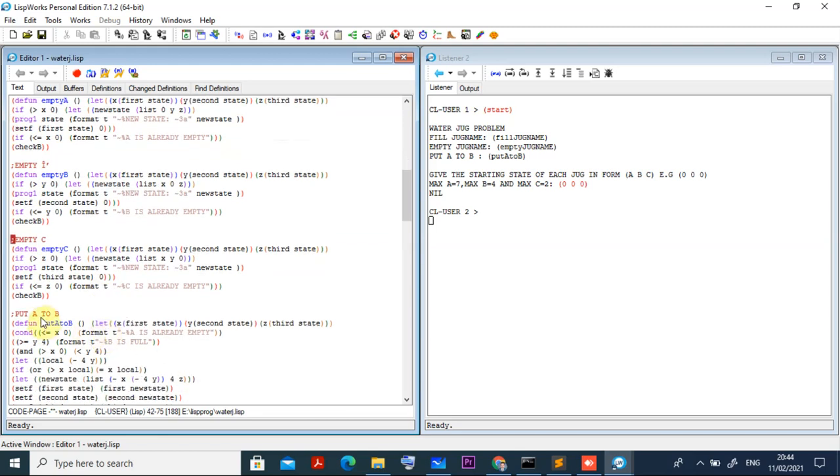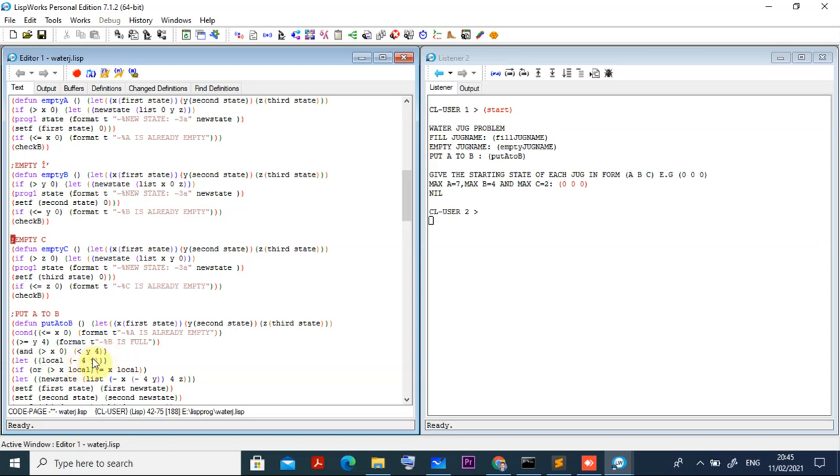Then what I am telling: put A to B. So in the water from A, it is telling if x is greater than 0, you can see it here, here it will be following the pre-order operations like that. Here reading, if x is greater than 0, then in the 7 liter jug some water is there, and y is less than 4. In the second jug, if some emptiness is there, that is, not completely empty but still some space is there, we can put this water.